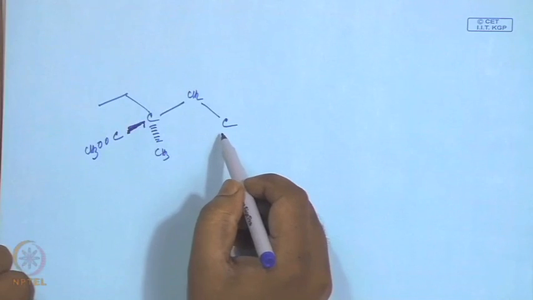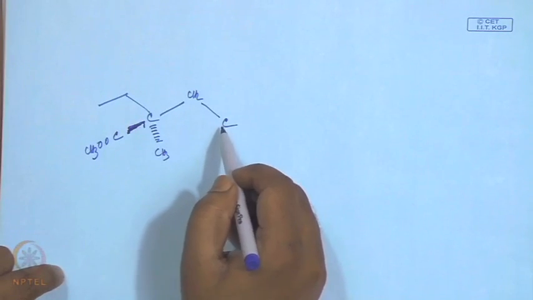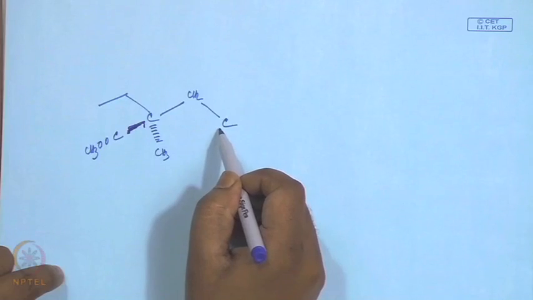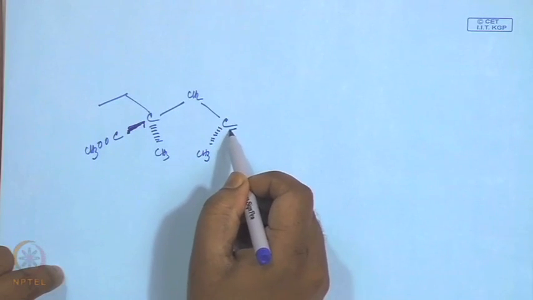Now, here it can have 2 special arrangements. One, it can have like CH3 and